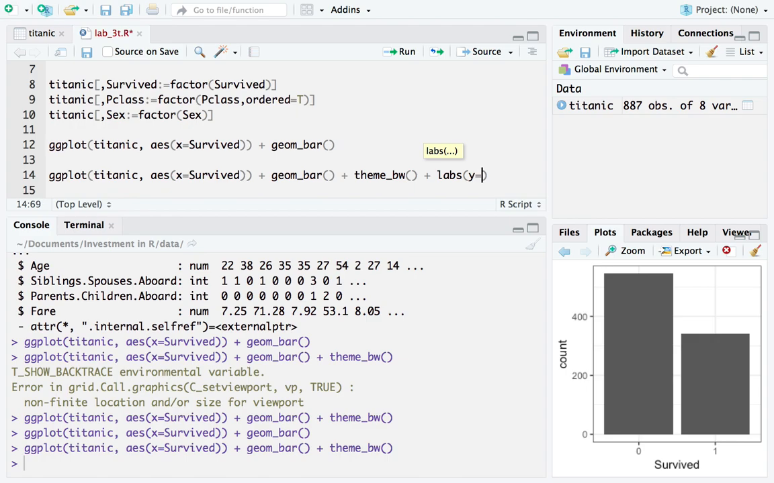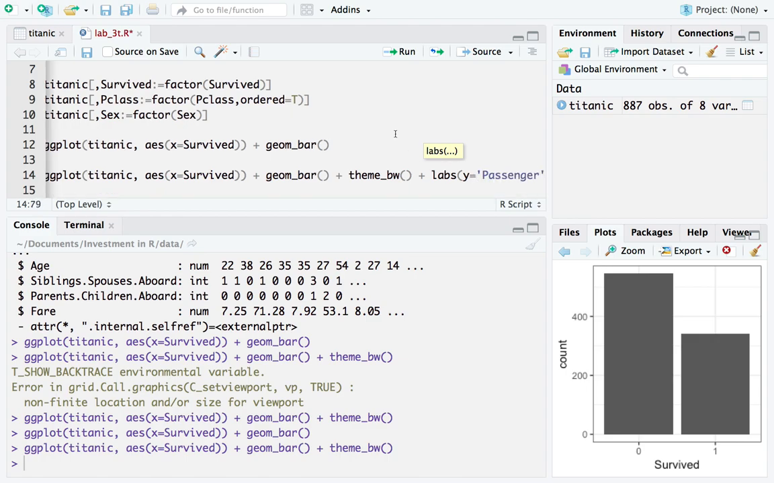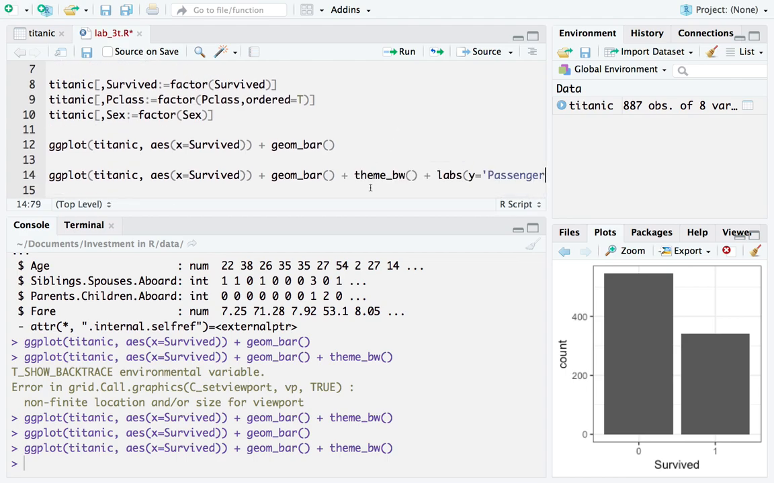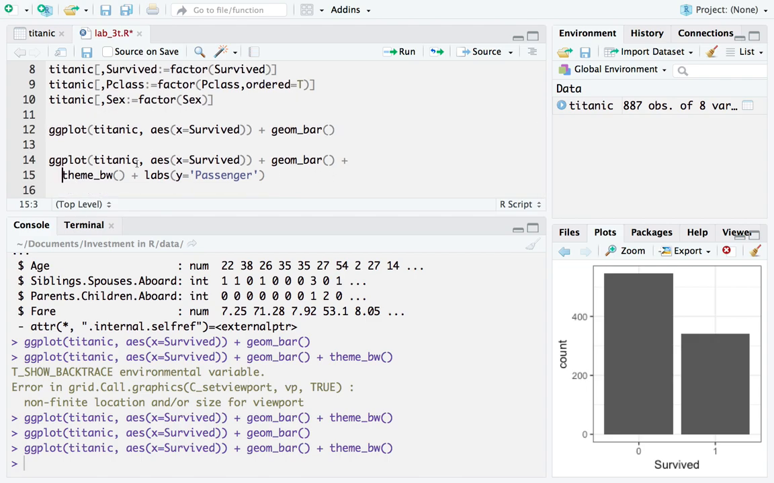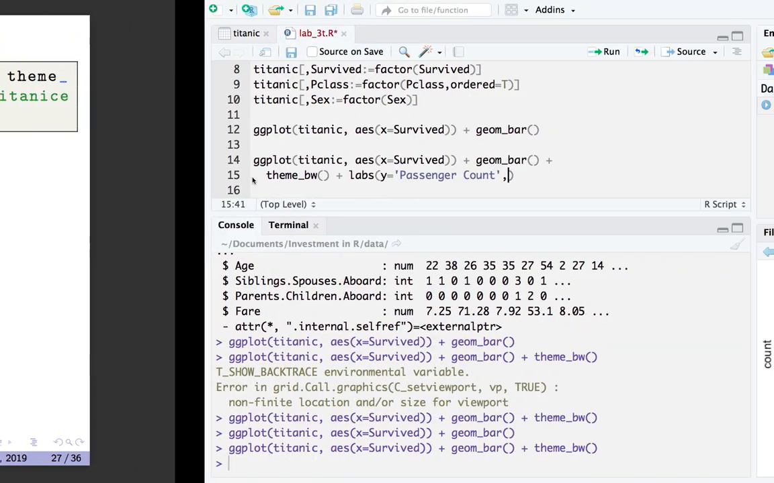Y for the y-axis. And by the way, what happens is we kind of start to run out of space. After the plus, you can do an enter, and notice that tab is there. The plus will be here, and that tab will be there because it's part of the original line. And title, I believe it's title equals